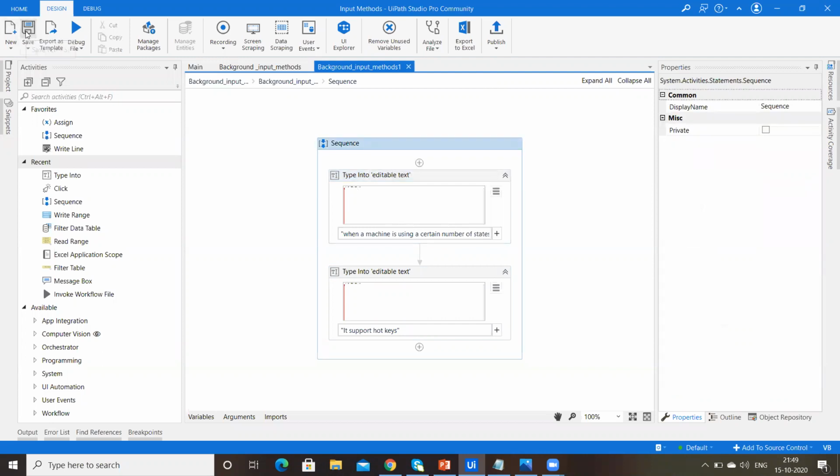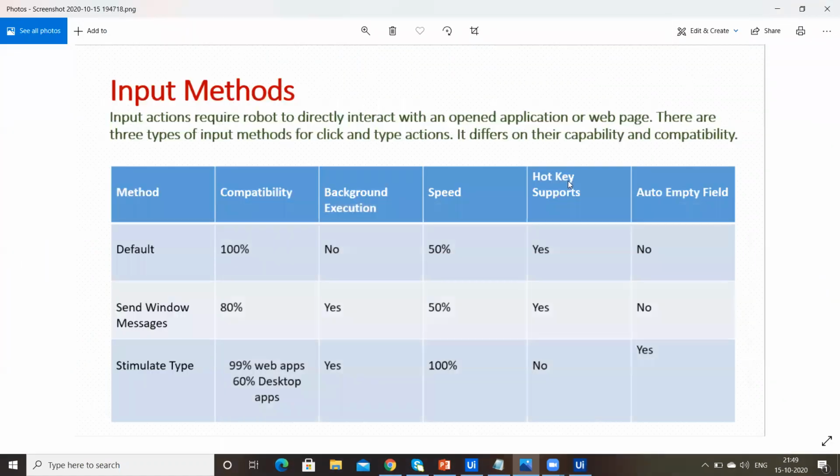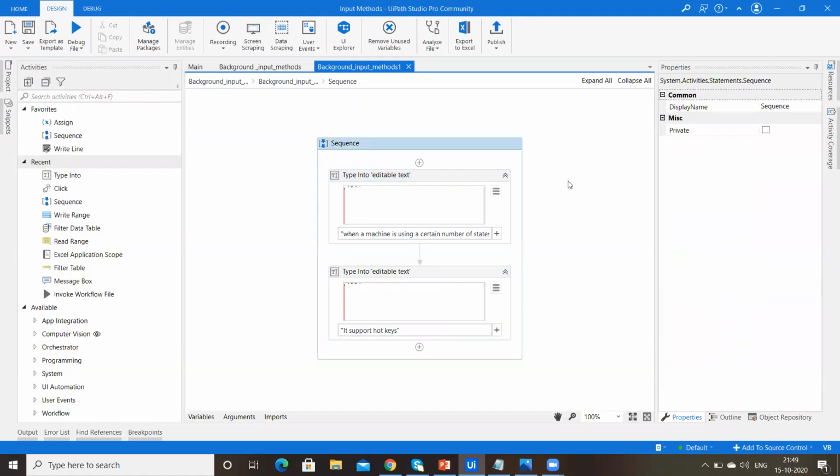Just save this and we'll run. Within a fraction of a second, the execution has been done. So by this point, we came to know it is the fastest method compared to the default method and send window messages.